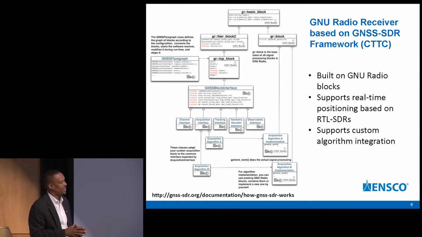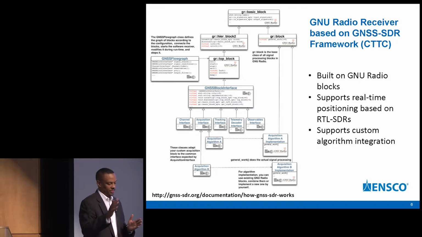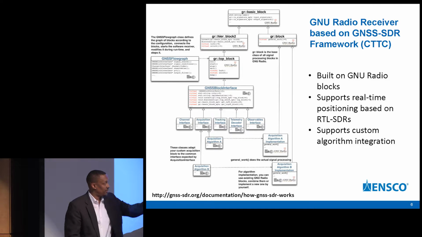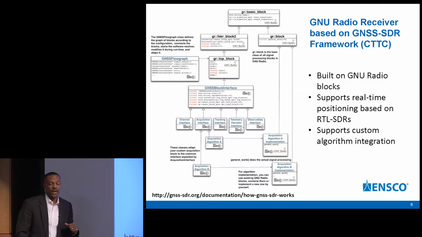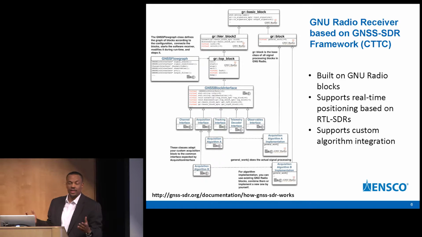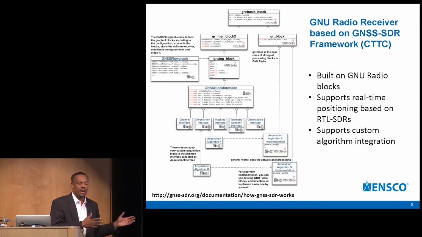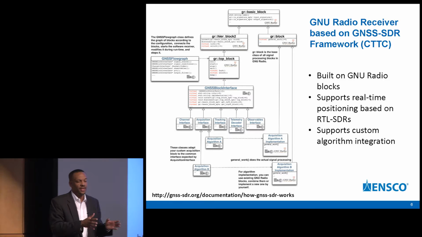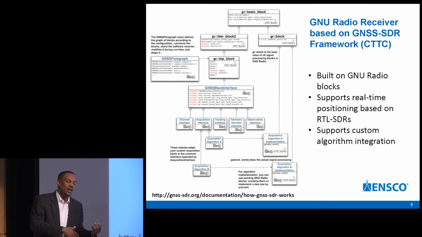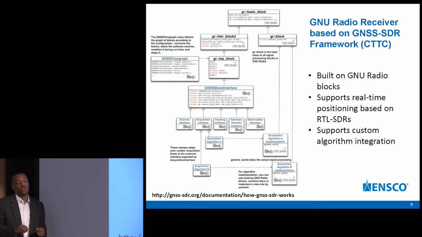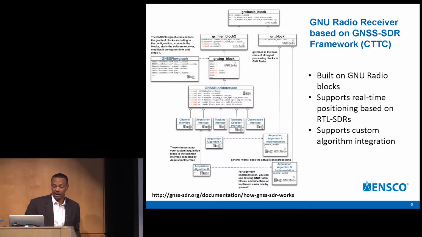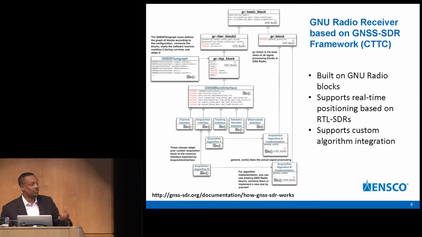So I was using this actually as a processing. After I did my pre-processing, I would clean up the jammers, get rid of the jammers, and I would send it through the GNSS framework. And I was able to show our customers that, hey, here's a framework here that before jamming, you could see that you couldn't decode anything, you couldn't get any kind of position information. And then after our process of pre-processing and cleaning the data, while at the same time minimizing distortion for GPS, I could show improvements. And so already that was a win for us in terms of being able to leverage the GNU radio framework